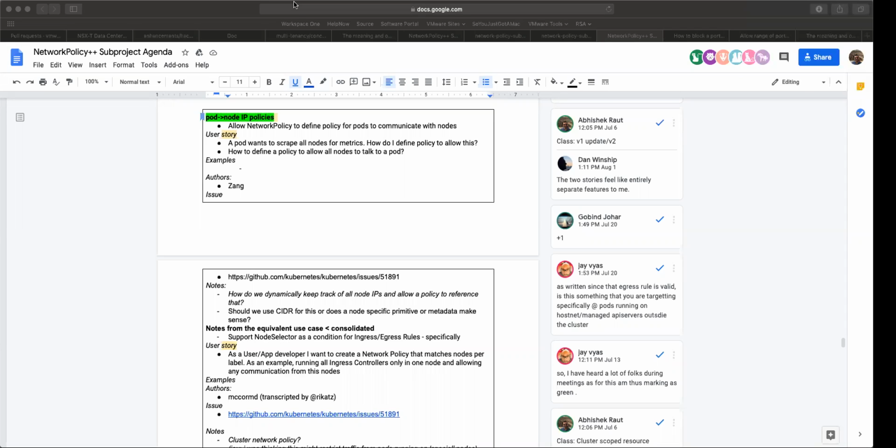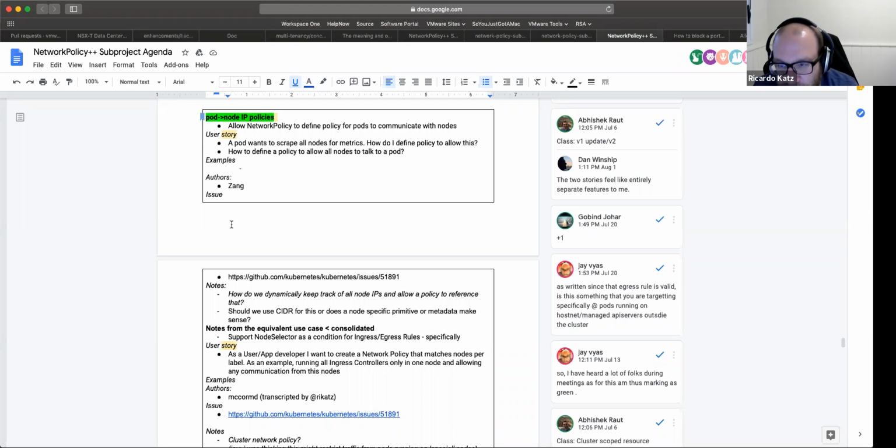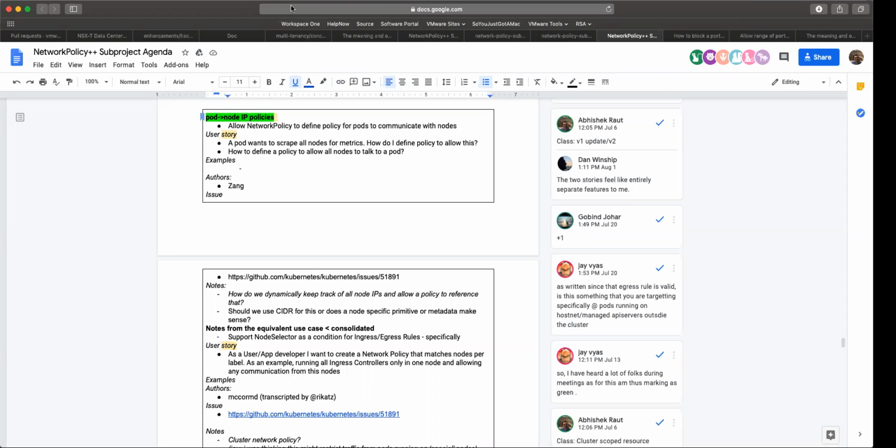So shall we come back to this node selector next week? We do a little more homework and probably also see if Zhang can join, because I think she is the author on this one. If we can clarify the use case, I think we'll be in a better position to solve this, because we are already at time. So yeah, definitely something that should be in the cap when we get there.